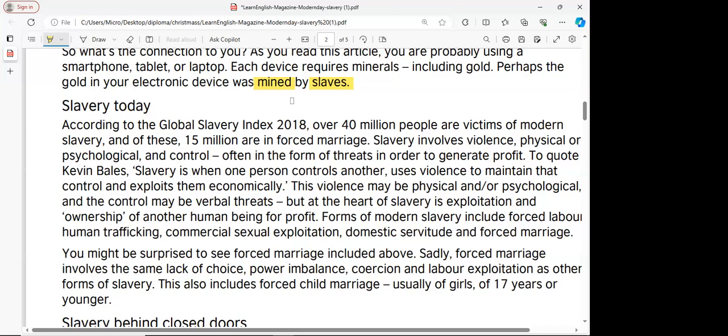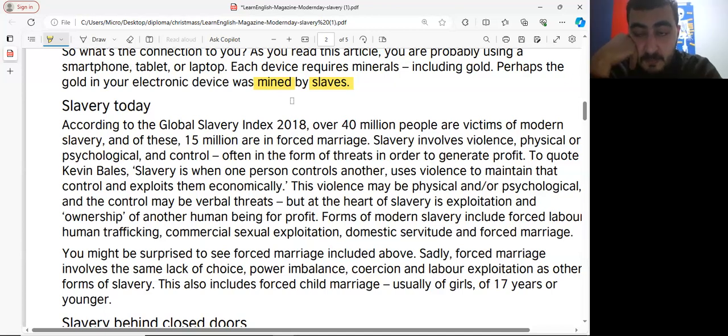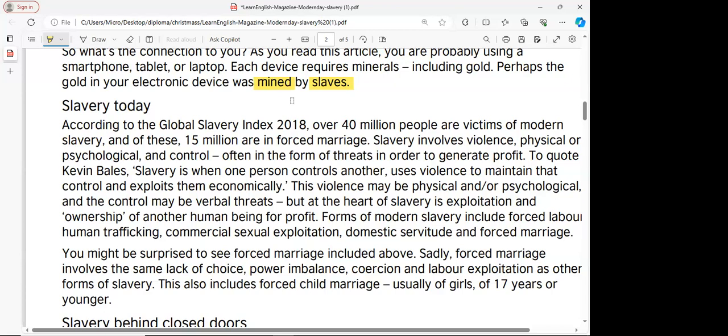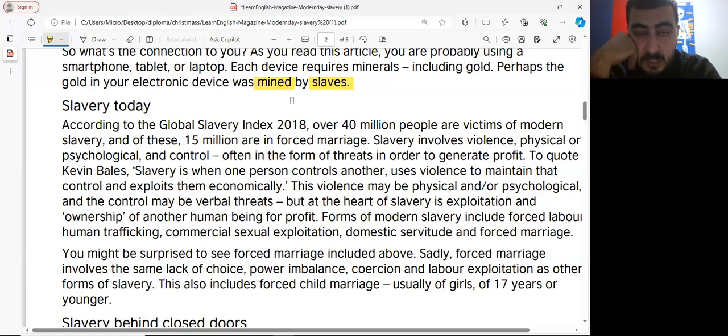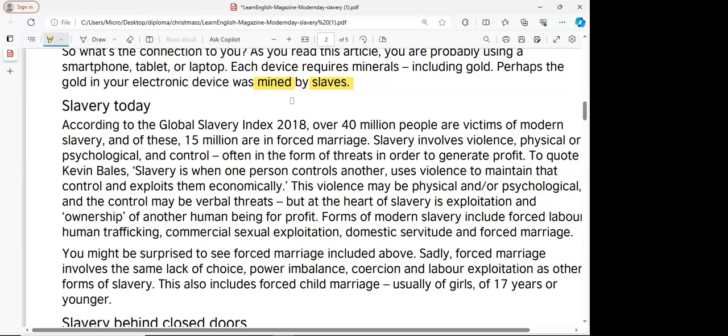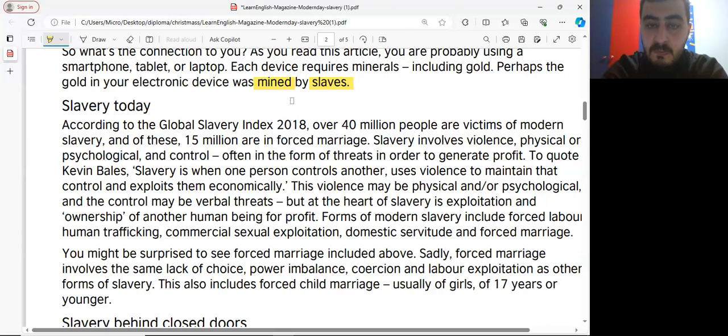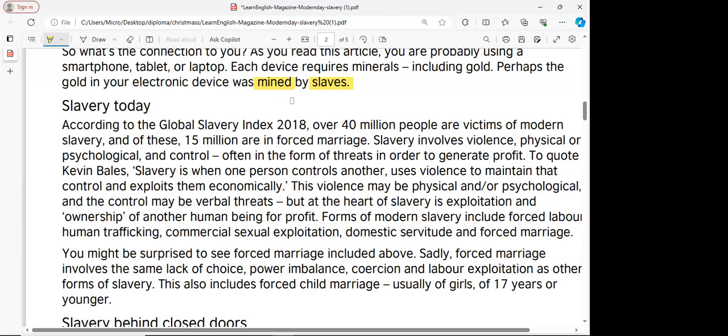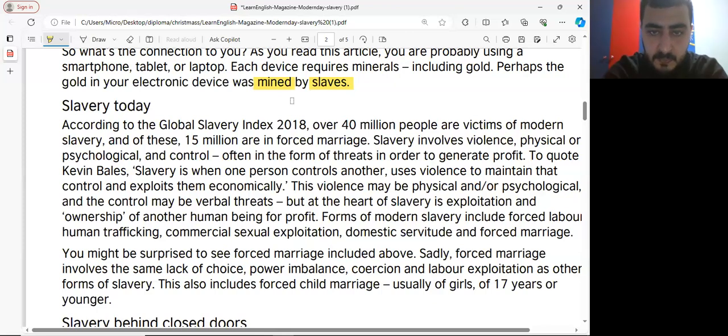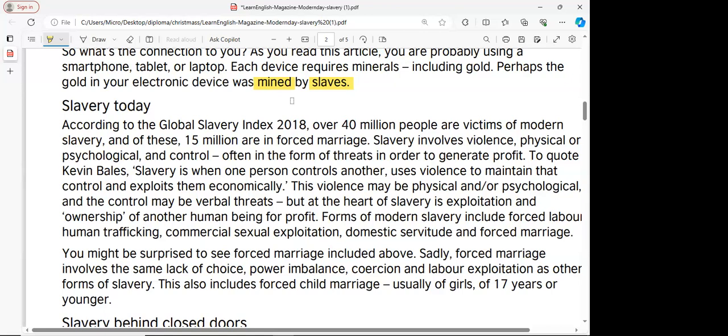Kevin Bales, slavery is when one person controls another, uses violence to maintain that control and exploits them economically. This violence may be physical and or